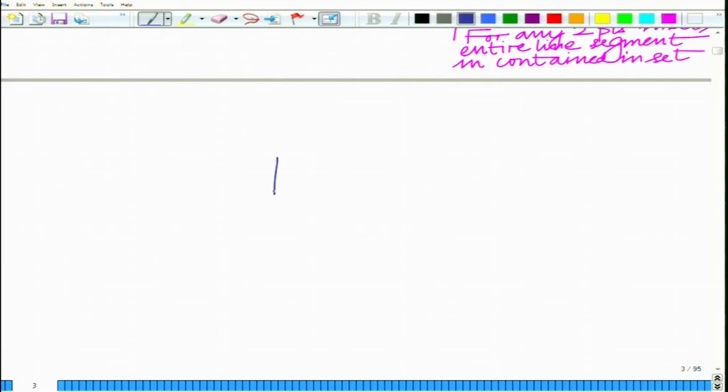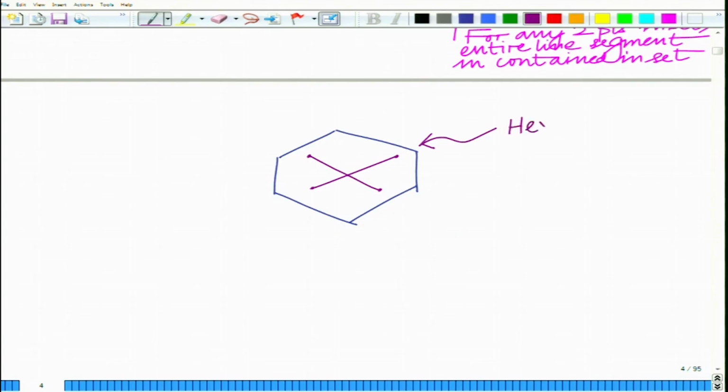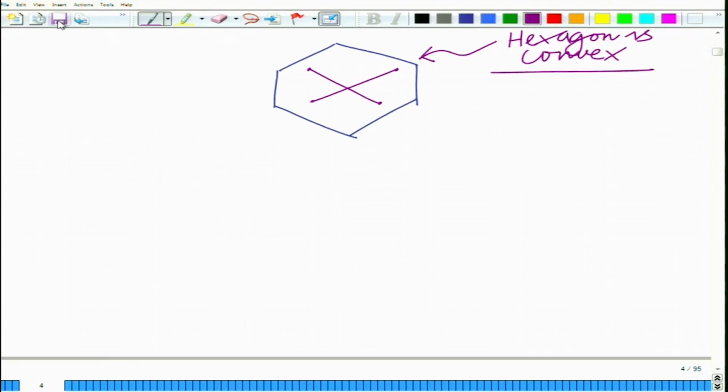For instance, you can also quickly check many other sets such as a hexagon, and these need not be regular shapes. For a hexagon, you take any 2 points, you join them by the line segment. So, the hexagon, you can clearly see, is also a convex set. Okay. On the other hand, if you have a region like this,